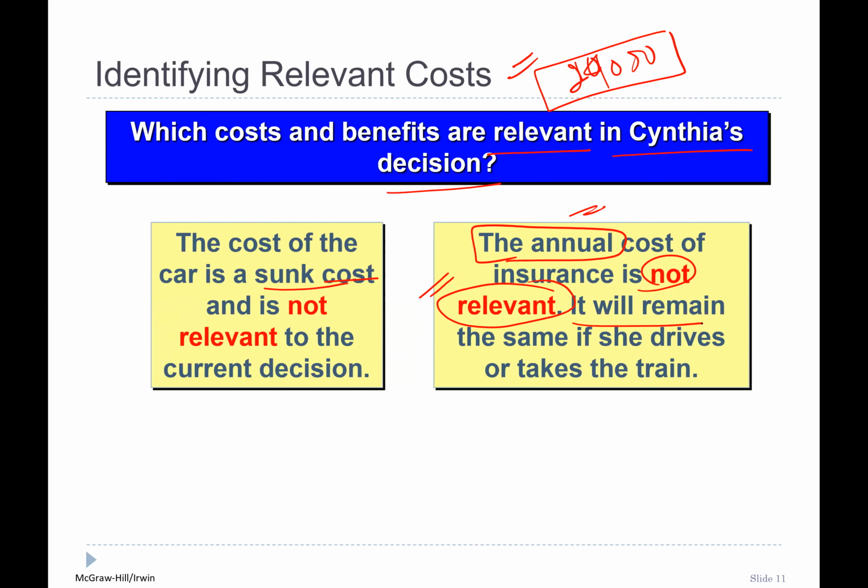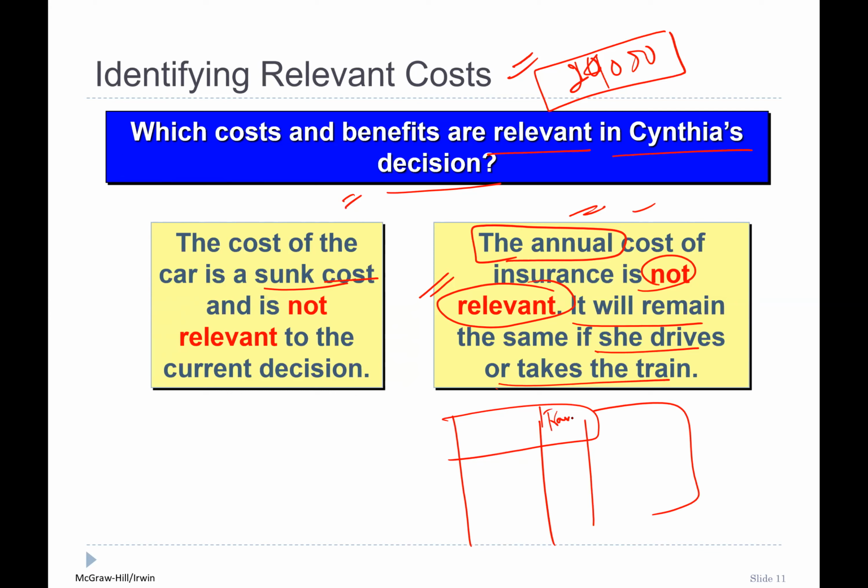If we just make the differential, if we make the two different statements here, so here train trip and car. So if she owned the car, she paid 24,000. Whether she go for